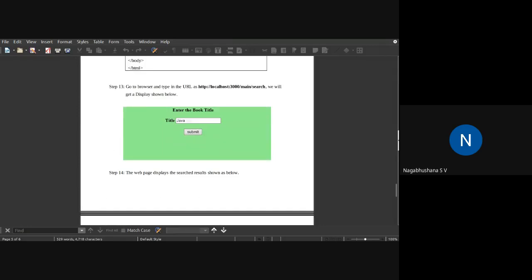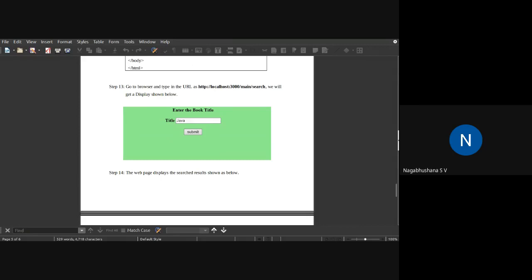Okay, now after doing all this, please make sure that your Ruby server is running. Go to localhost:3000/main, because main will have the set.html. Then I just give this URL. You can say title is Java.